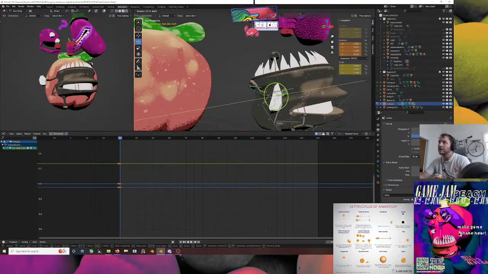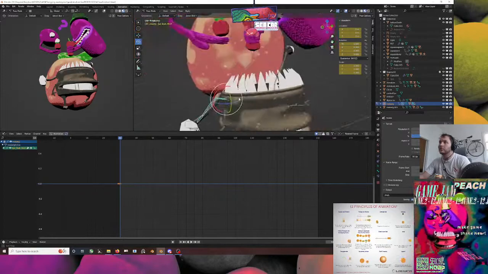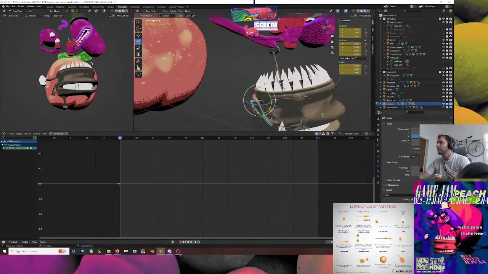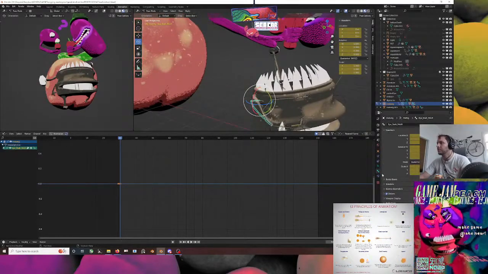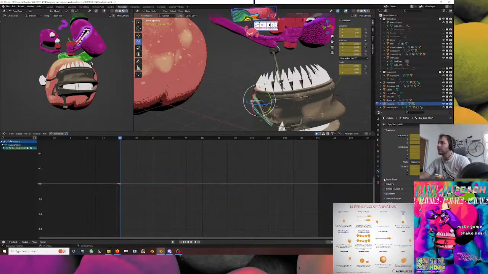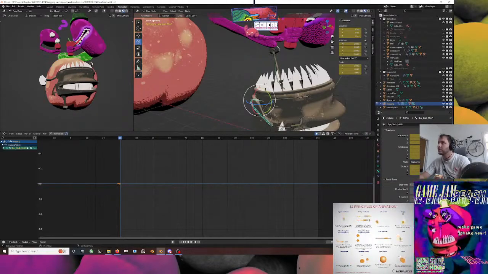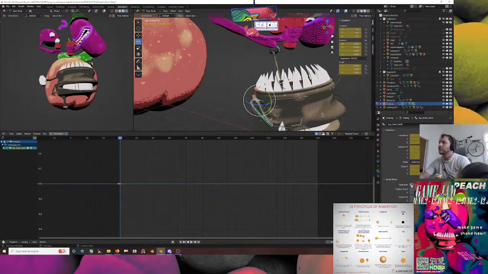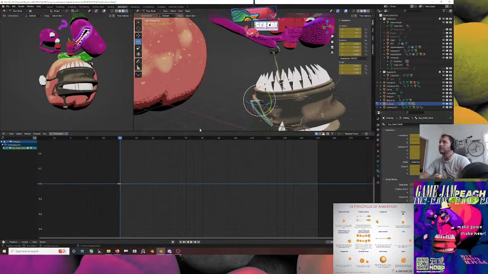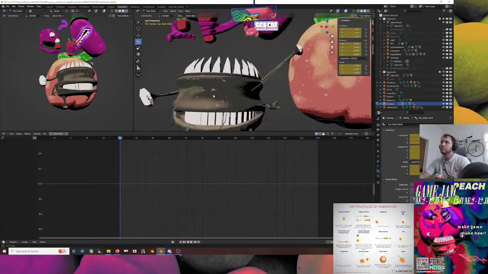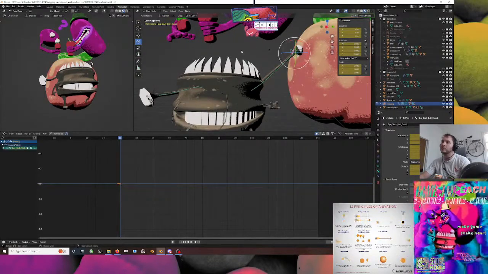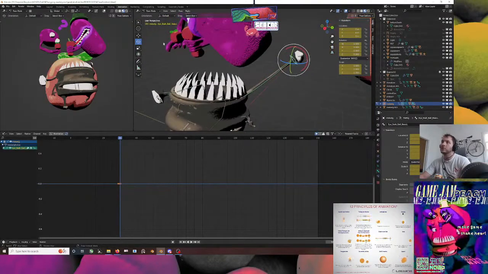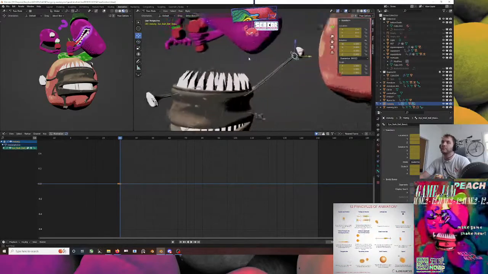If we don't like how the segmented animation is looking right now, we can go into our bone properties where it says bendy bones. We can add segments to it and add subdivisions. I'm going to keep it at 5, but there's no harm in adding more if you want it more rigid or if you want it less rigid. So